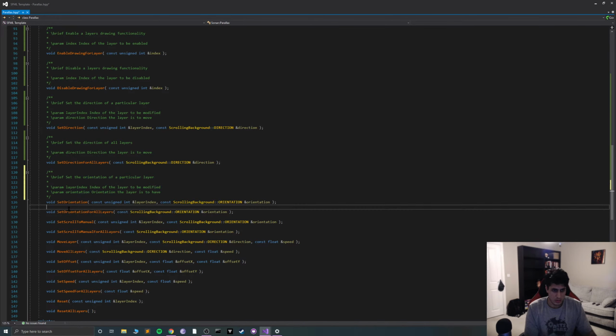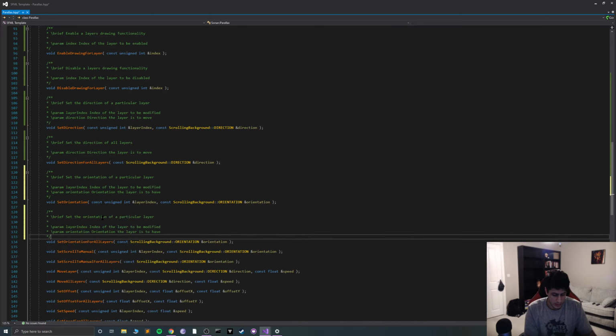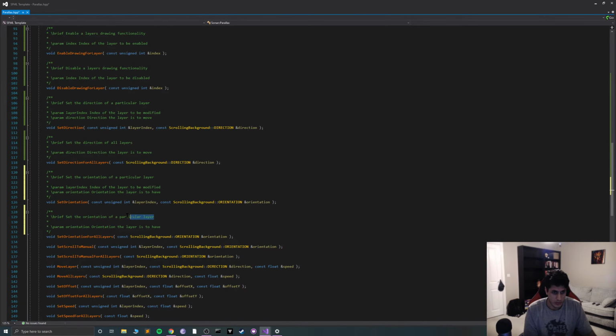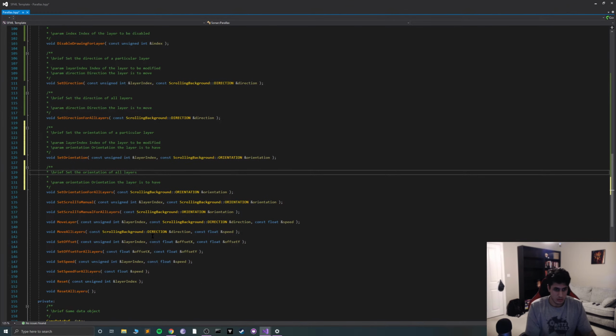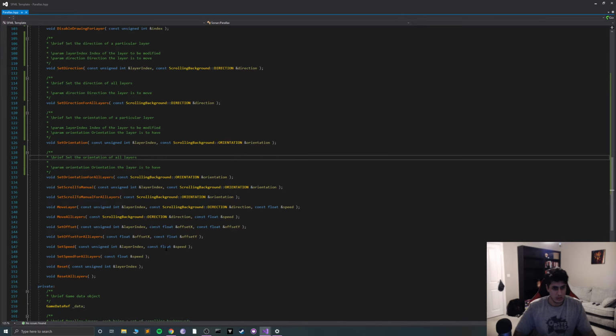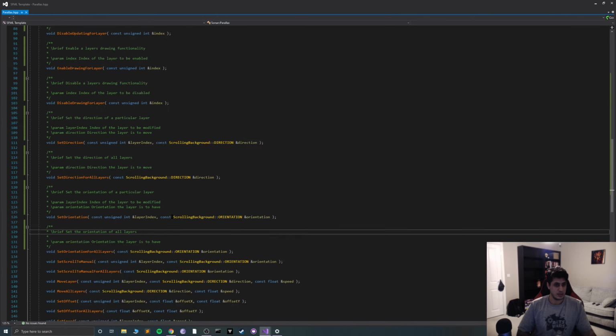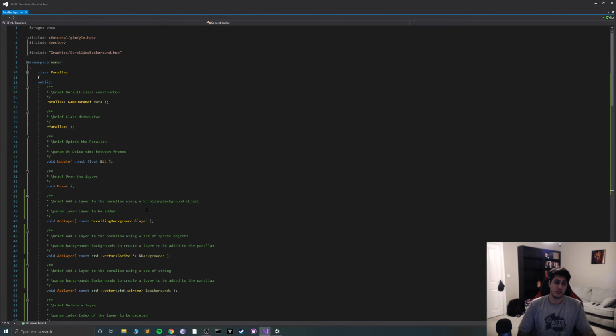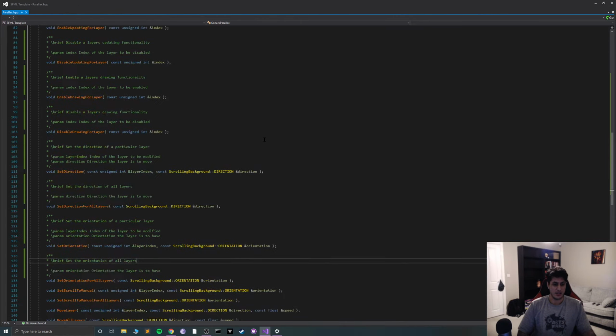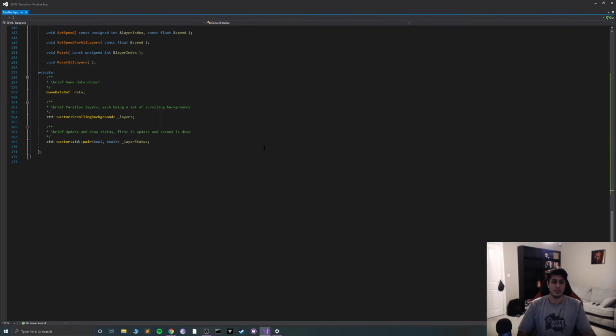Copy this, paste it here, and we can get rid of that. Of all layers. Okay, slowly getting there. It's just boring stuff, but it's gotta be done, and we're doing it. It does look beautiful though when you get the code done like this, all slick looking and just in line and commented.